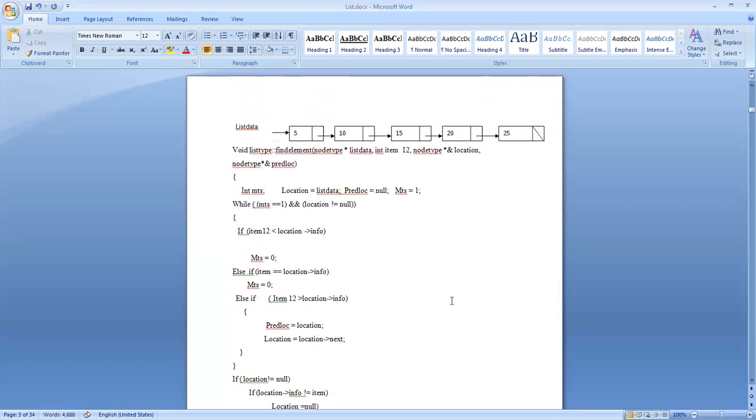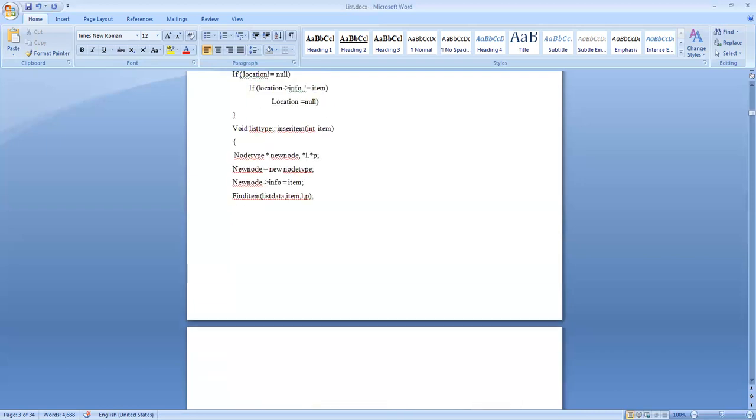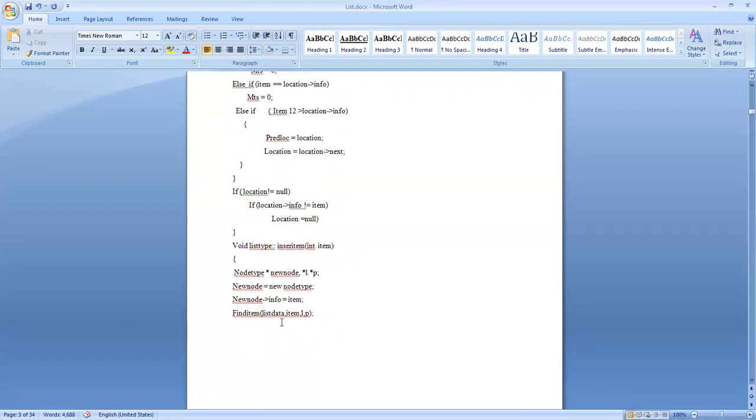Find item is a function I have written here. It has 4 parameters, so the same number of parameters are used here. You see here, list data, item, L, P: 4 members. L is given for location, P is given for predecessor.